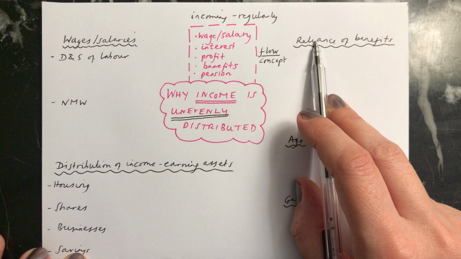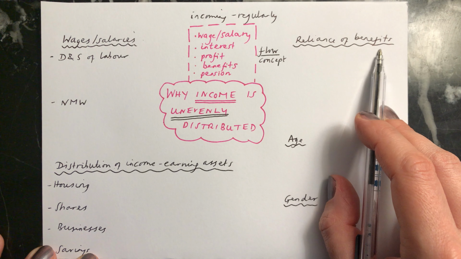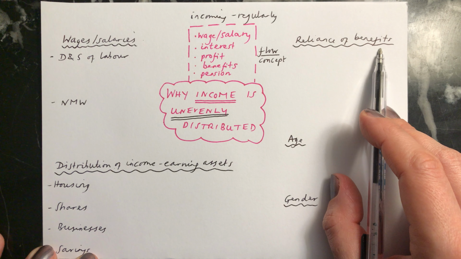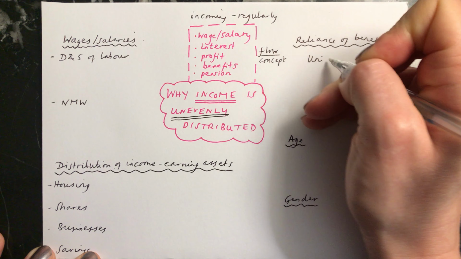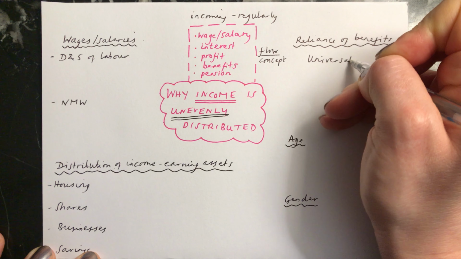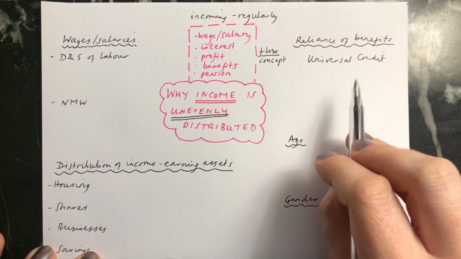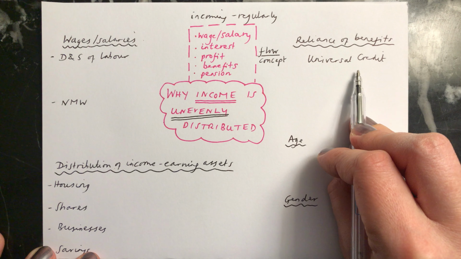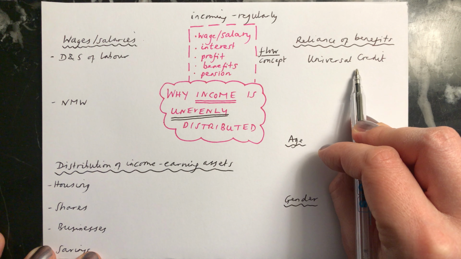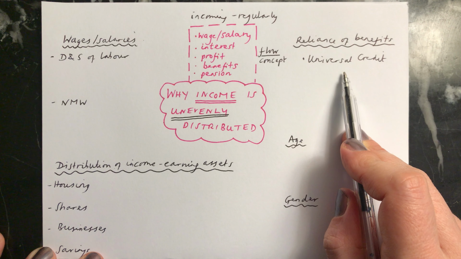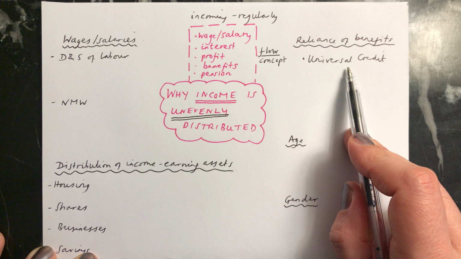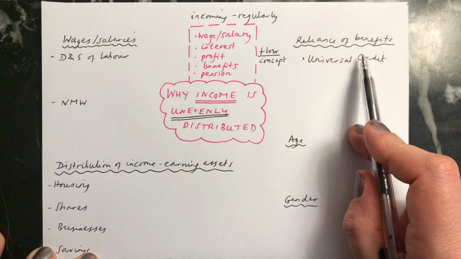So if somebody is earning the national minimum wage, they will therefore have a relatively low income. The next one is if you are reliant on benefits. So if you are relying solely on benefits for all of your income and these are quite low, then that will mean that you aren't receiving very much income at all. So the new type of benefit in the UK is universal credit, and this encompasses lots of different types of benefits. Somebody receives now one payment for this. I don't think this has been rolled out in the whole of the UK yet, but the benefits that you're receiving may not be very high.